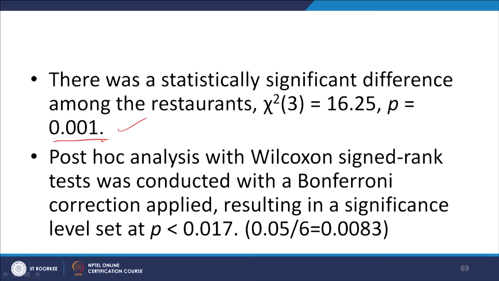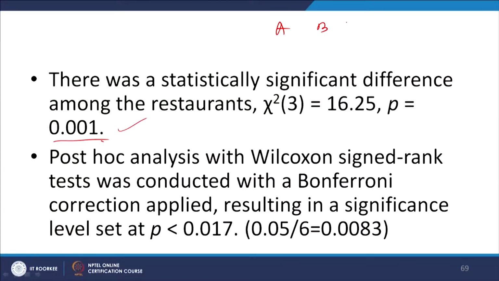Now, what you can do is, suppose you want to see whether there are significant differences between each restaurant or not. For example, A, B, C, D were there. Okay, there is a difference, null hypothesis rejected, but what is the relationship between A and B, A and C, A and D, B and C, B and D, and C and D? So you want to check it, for example, you can do it.